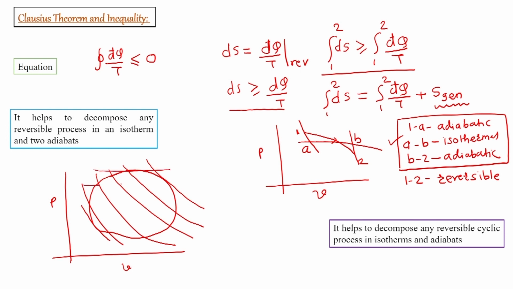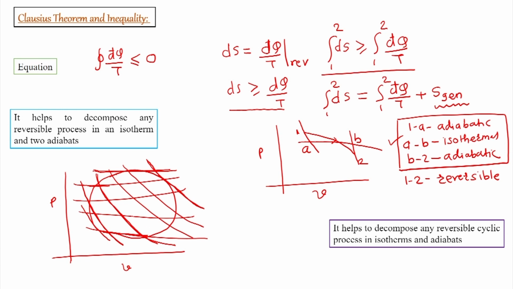processes which are isotherms and adiabats. So, this is an adiabatic process and then this is an isothermal process. So, we can now say that the area under the isotherms and adiabatic processes is same as the area under the closed cyclic process. So, we can state that this part can be dealt with these isotherm, this adiabat and then this isotherm and this isotherm.